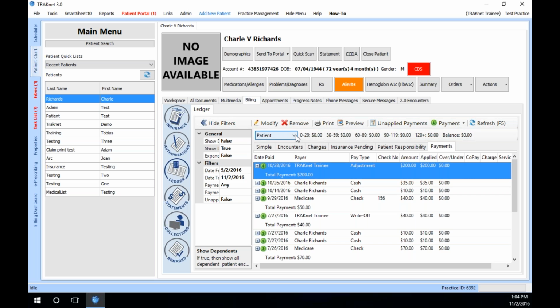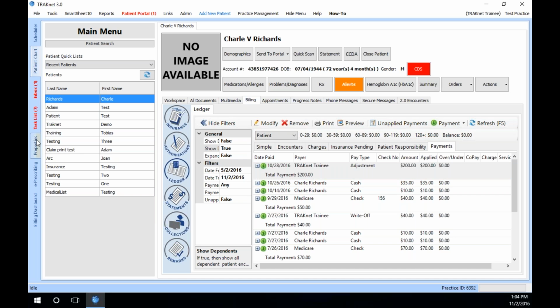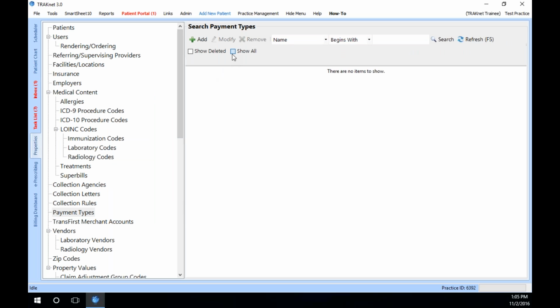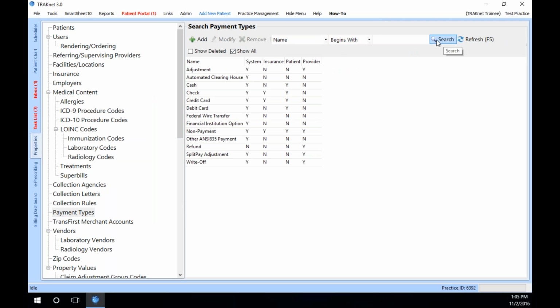The second method is if you're going to be doing a partial refund. A partial refund is going to be done through a provider payment. And when you're doing a provider payment for a refund, you're going to want to make sure that you have the refund option for your payment types. You're going to need to come over to Properties, to Payment Types, and look to see if you have that. Here in my system, I have a refund